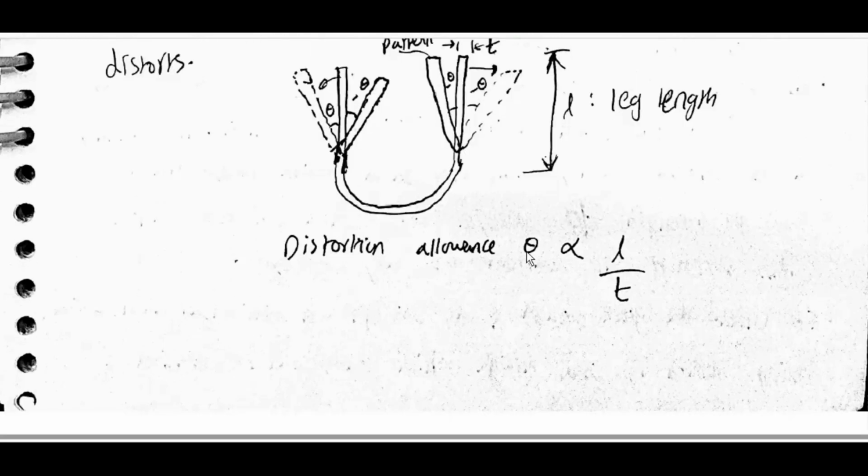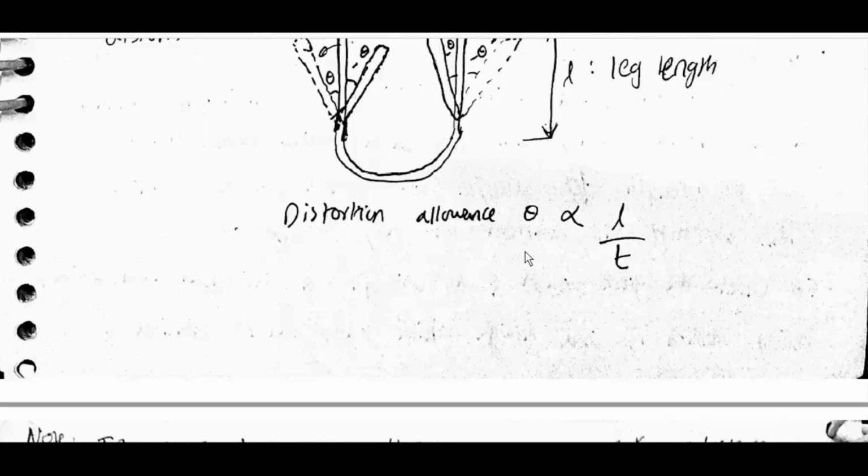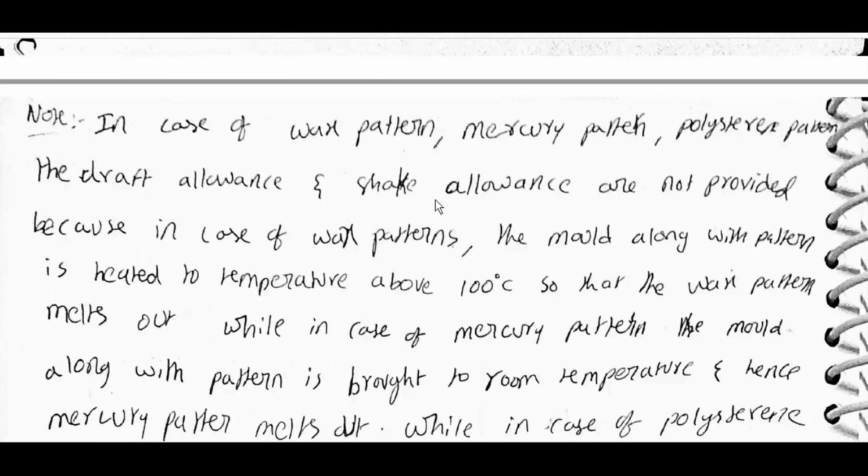Distortion allowance theta is directly proportional to L by T. Note: in case of wax pattern, mercury pattern, polystyrene pattern, the draft allowance and shake allowance are not provided because in case of wax patterns, the mold along with pattern